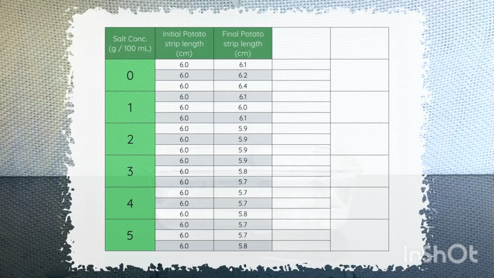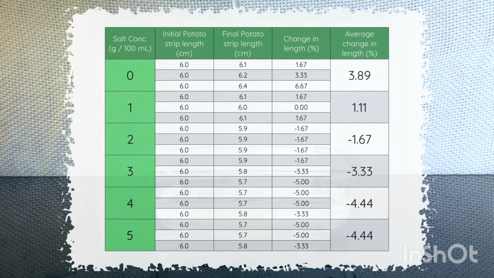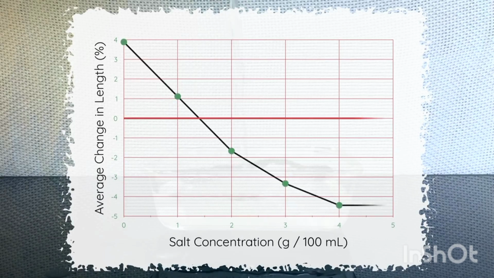In the next column, put in the values you measured, and then calculate the percentage change for each individual strip. Notice the negative sign on some values. This tells us whether the strips increased or decreased in length. Next, you can take an average of changes in length. These are the values that we need to put on the graph. The graph shows the average change in length against the salt concentration, and the results from this experiment show a